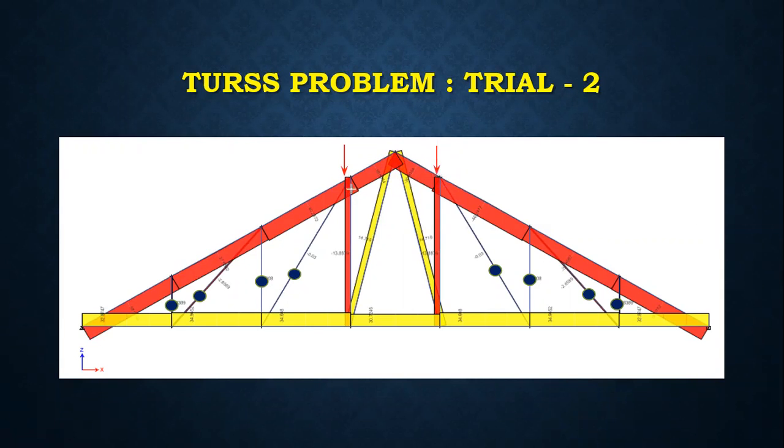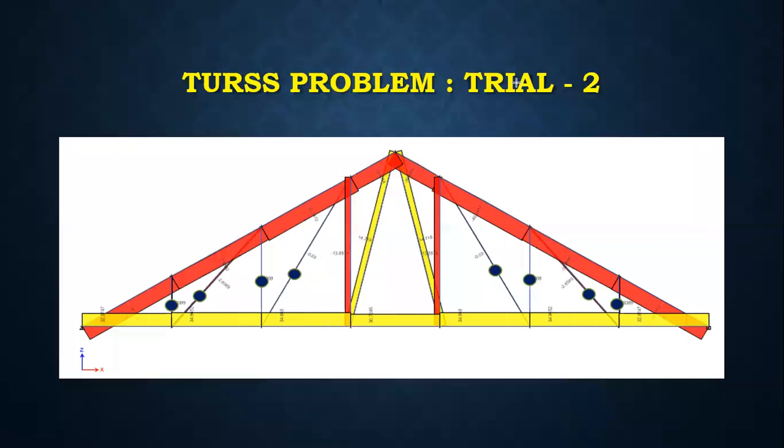You need to understand the 20 kilonewton force. First, it will directly go to the member below in the form of compression. And these members are going to try to pull the inclined web. So what you are going to see here is that these two members are subjected to tension, and all other members are subjected to zero forces. The force will not go to the other members as shown in the figure.